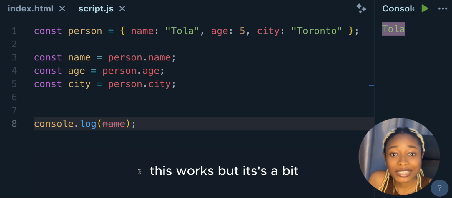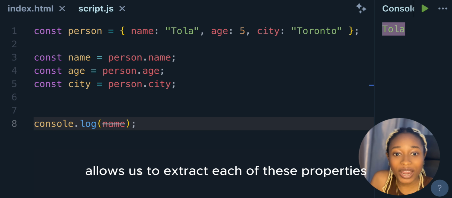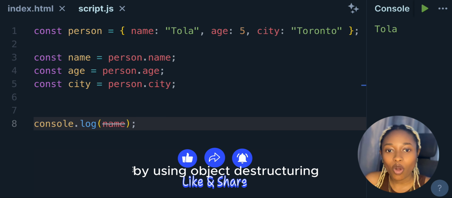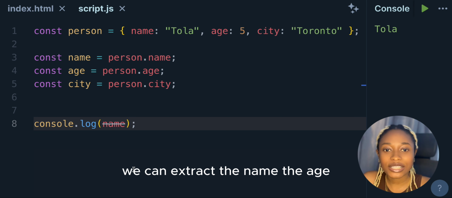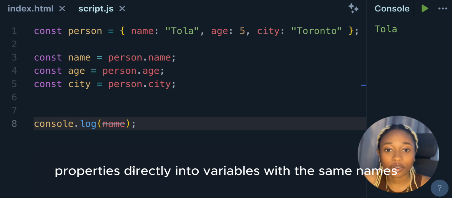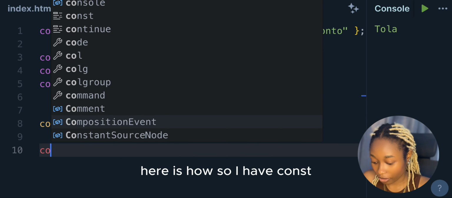This works, but it's a bit repetitive. Object destructuring allows us to extract each of these properties in a single line. Let's see how that works. By using object destructuring, which is denoted by curly braces, we can extract the name, the age, and the city properties directly into variables with the same name. Here is how. So I have const